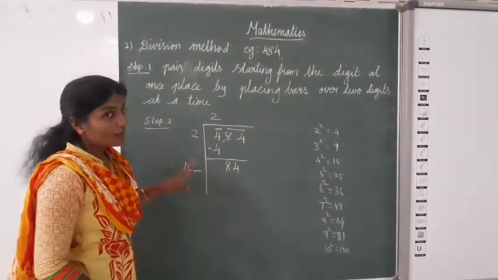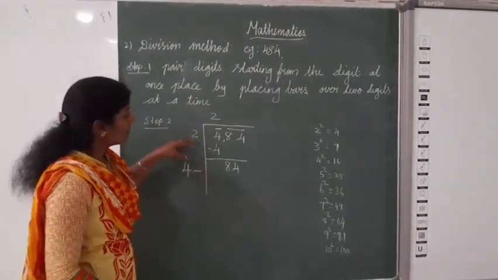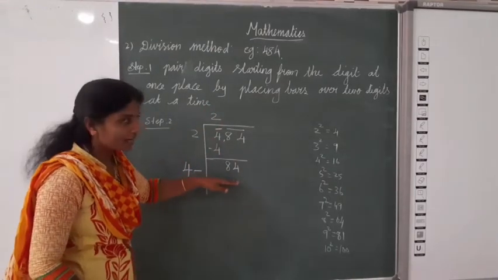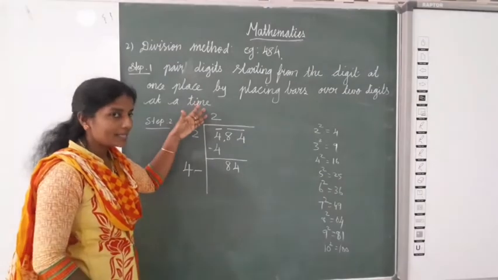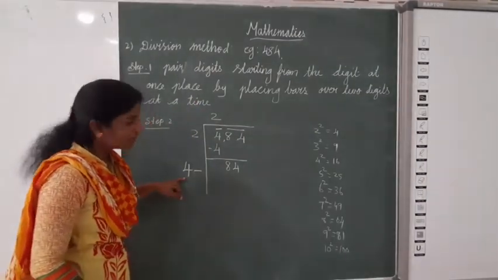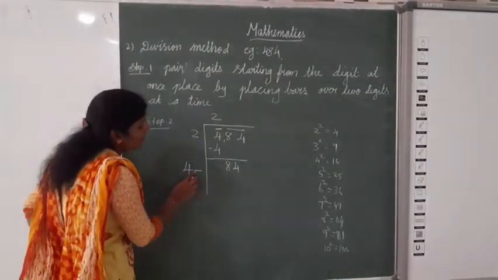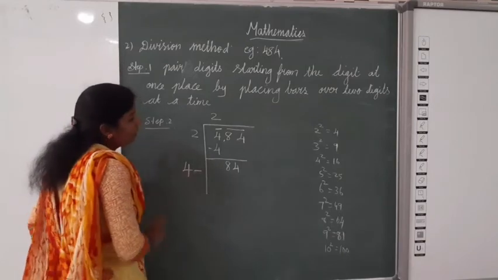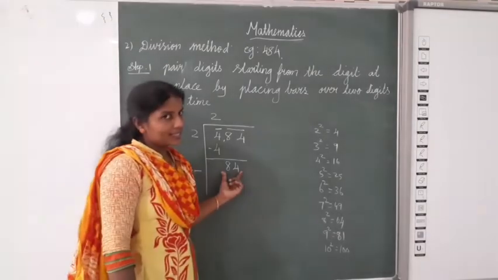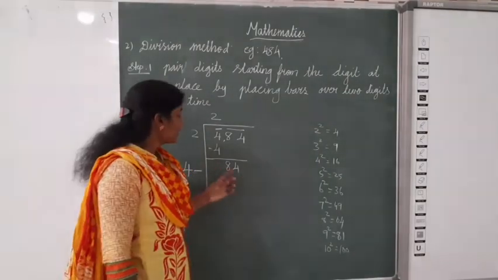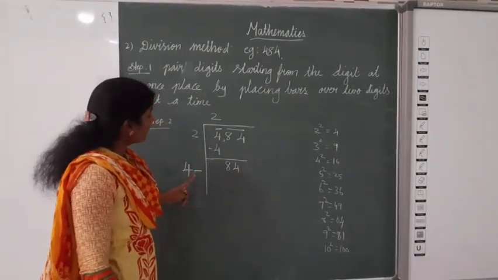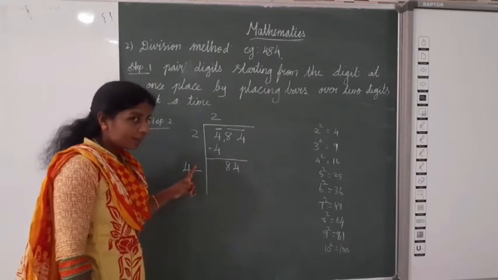In all problems the same steps. First we write like this, then next pair we bring down, then next multiply the quotient by 2, that is the new divisor. Now here one blank. Now 84 here, isn't it? We need 84. Now here 4 is there. Now we can add any one number here.